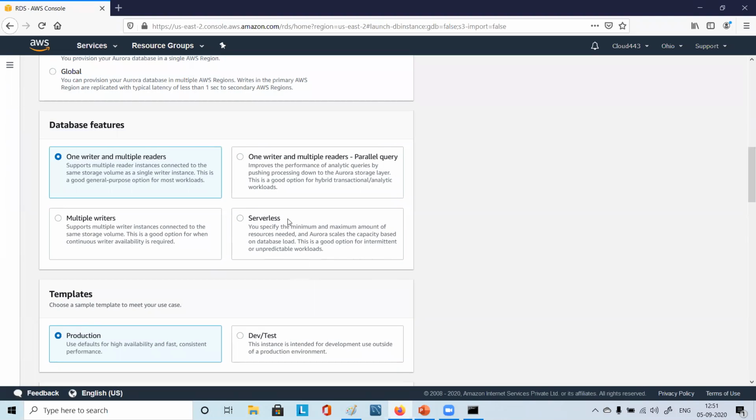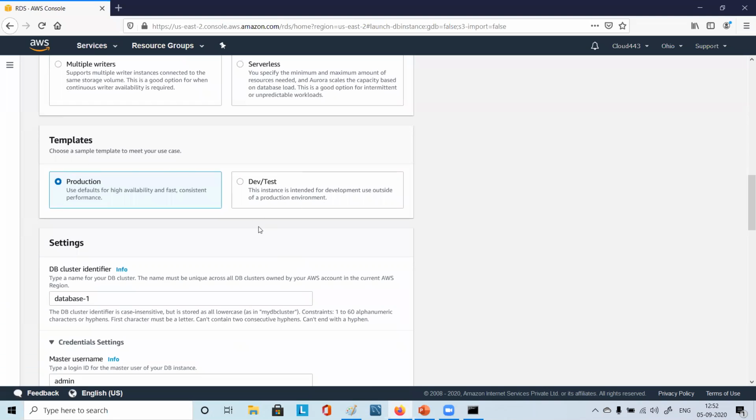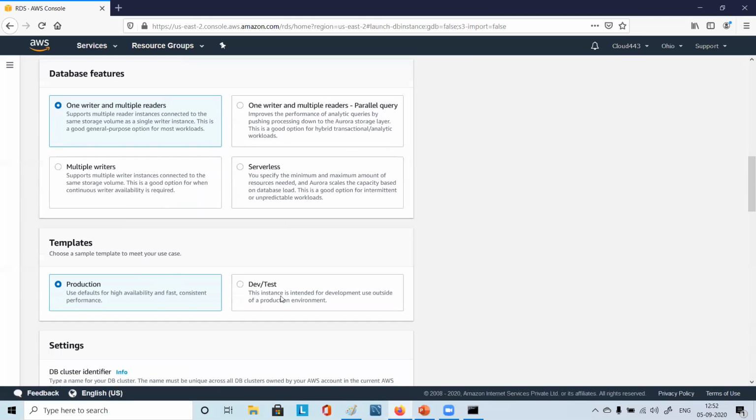Where you are not sure about the workload and you have an intermittent workload, or you don't know about the capacity, how much you are needing. So you don't want to pay for something, you don't want to do some reservation kind of thing, that I want this many CPUs, that many things. So you can go for this serverless. They will be charging based on a per second basis of the utilization.